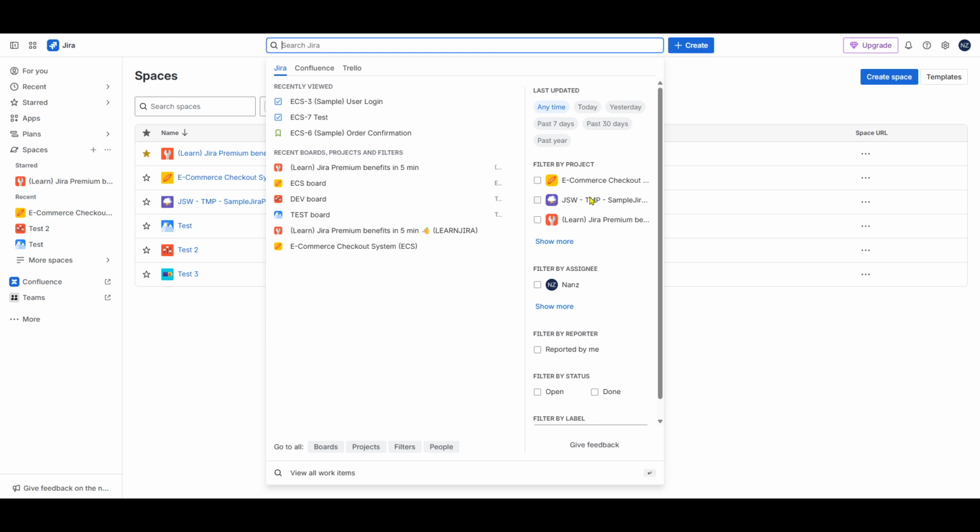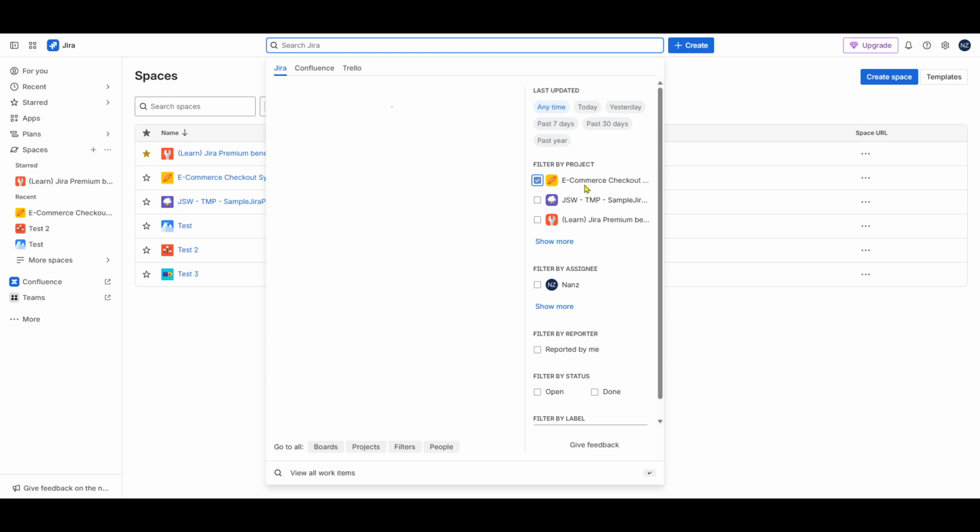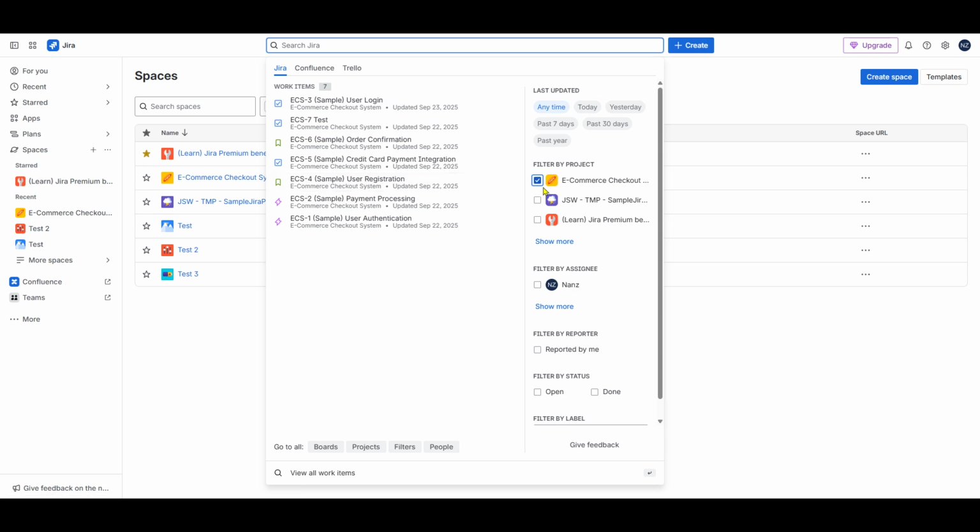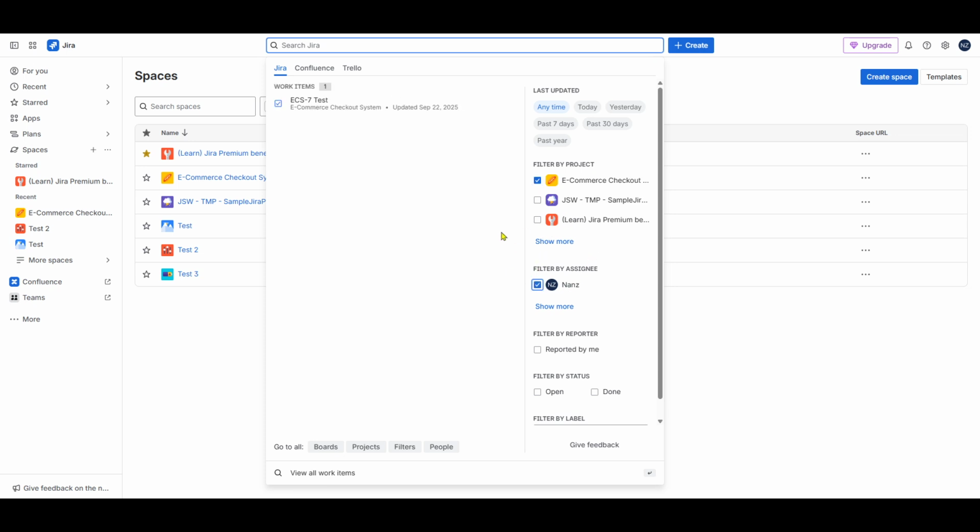Take a moment to think about what information you want to extract from your Jira system. If there are certain key projects or issues you frequently refer to, consider including them in your filter criteria. This will help streamline your process and save time in the future.